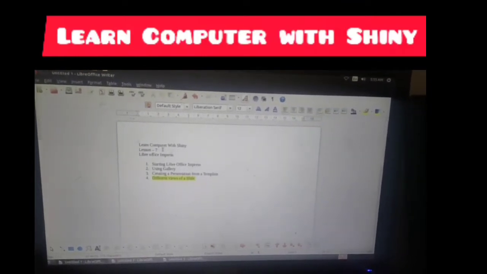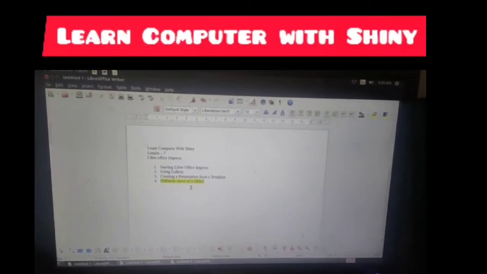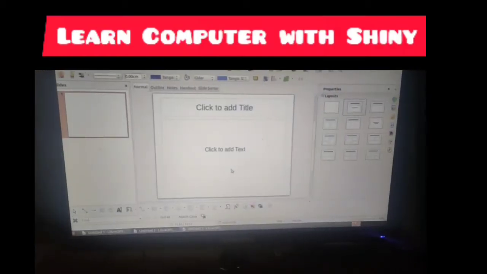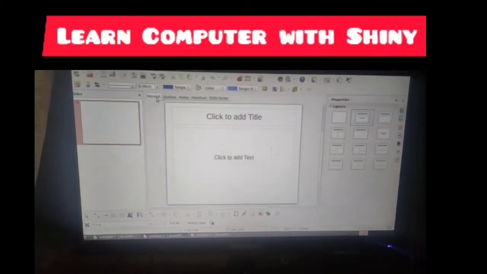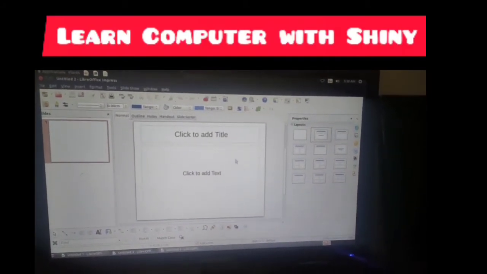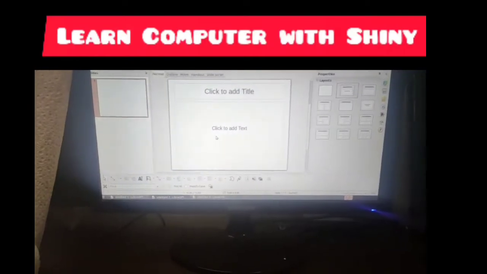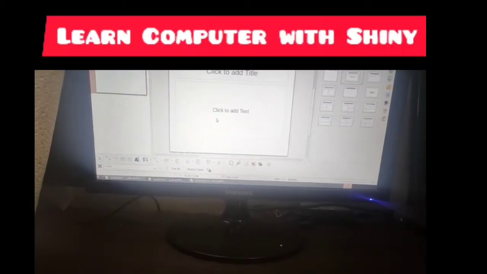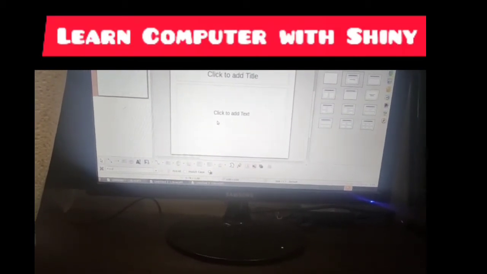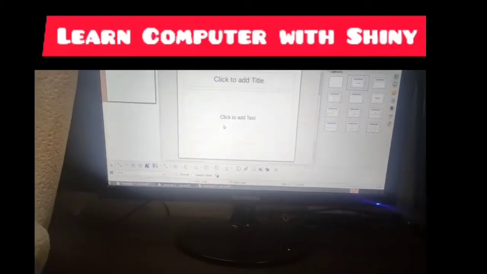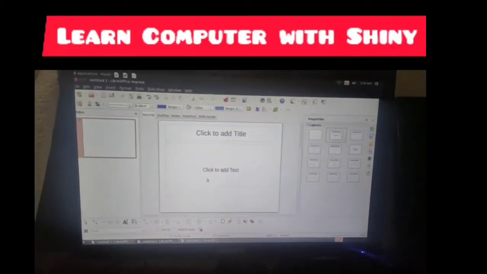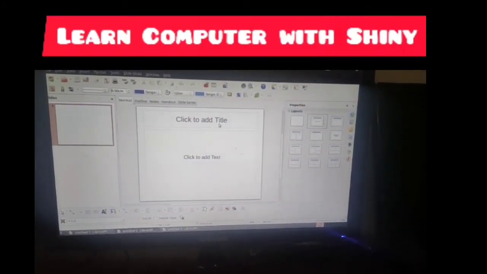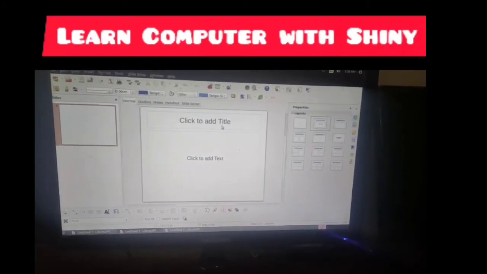Now we will learn different views of a slide. We can see the slide in different views. The first view is this, normal view. Now here the slide is in normal view. In the normal view, we can create and edit slides. It has options to add text, graphics, sound, animation and other effects as well. In the normal view you can edit the slide, add pictures, text, sound, etc.